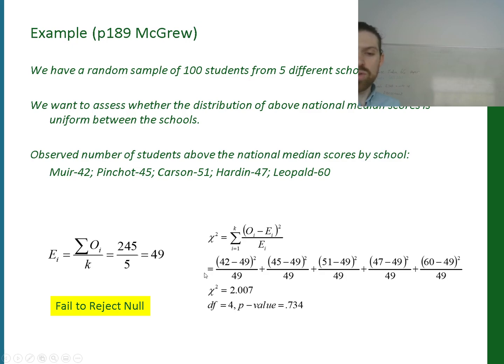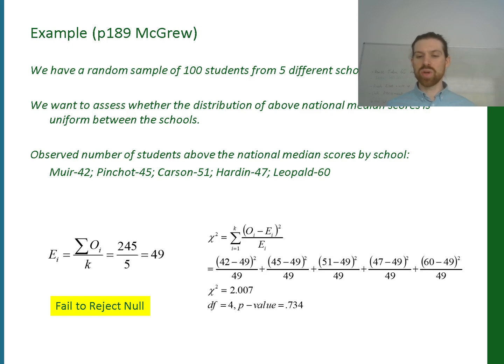Okay, so obviously we're summing across all of these, and when we do that, what we end up with is a chi-squared value of 2.007. So it's not particularly large. And actually, we've got 4 degrees of freedom here. So remember, the degrees of freedom in this case is the number of groups that we've got minus 1. So we've got 4 degrees of freedom, and then we can find the p-value for this particular